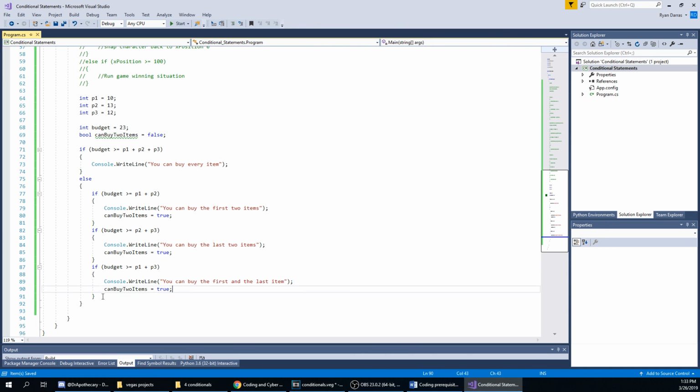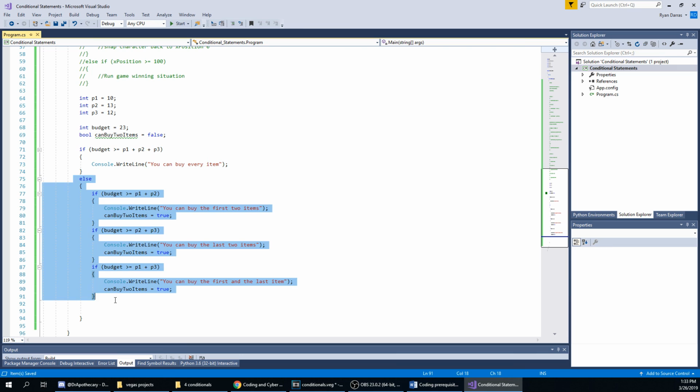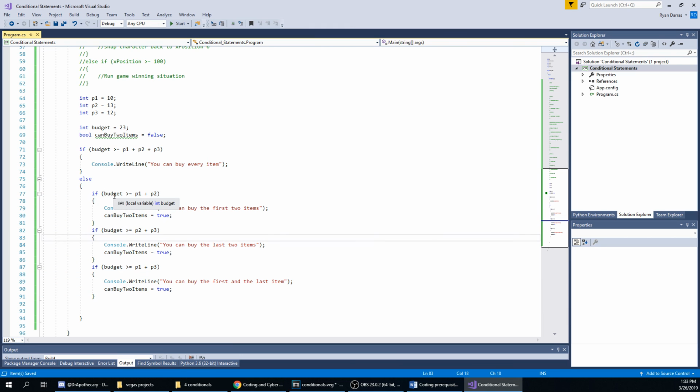Okay, so now when we come down here, remember, this code runs. If this doesn't run, then it runs this. All of these are going to run, not together, but sequentially, one after the other. If all of them are true, they're all true. Great. You can buy first and second, you can buy second and third, you can buy first and third. Great. That's useful information for our user. However, down here, I'm going to say if canBuy2Items is true,